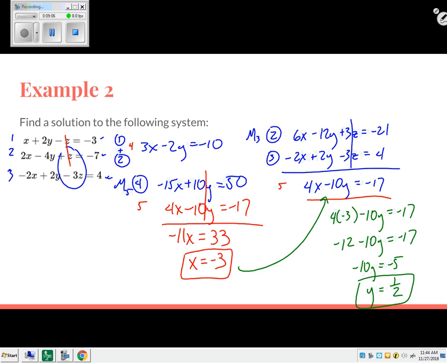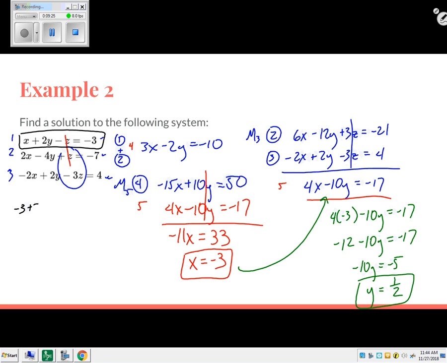I have my x, I have my y. Again, I'm going to back substitute both of these back into an original problem. Which original problem? It doesn't matter. All my classes so far today have chosen to substitute back into 1 because that has the smaller numbers in it. So if I plug my x back into equation 1 right here, I get a negative 3 plus 2 times that